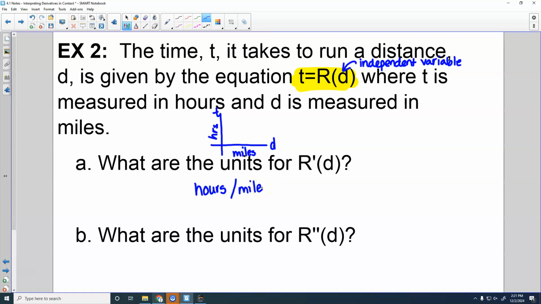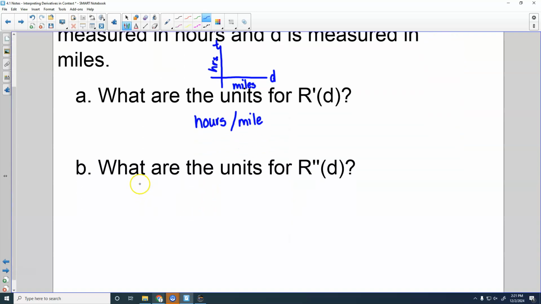So this is sort of backwards from normally the way we think about time and distance, right? Typically, we would think of how many miles you could travel in 1 hour, miles per hour. This one is telling you how many hours it takes you to travel 1 mile,